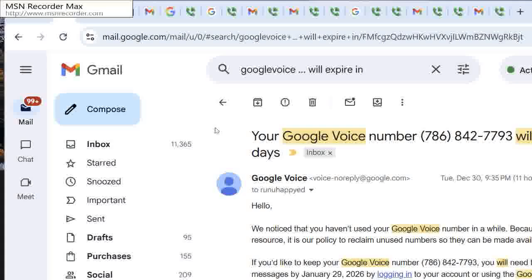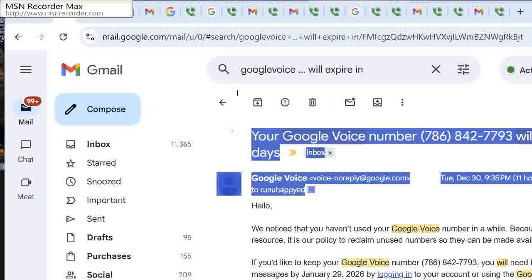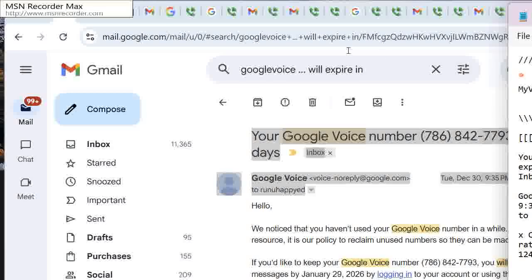So I'll open the message to see what it is. And this is concerning the account Run You Happy ED. So I copy to the clipboard buffer, Control C, and Control V to paste or edit paste. Either one will do the job. And now I'm ready to copy the account Run You Happy. Edit, copy to the clipboard buffer, and then